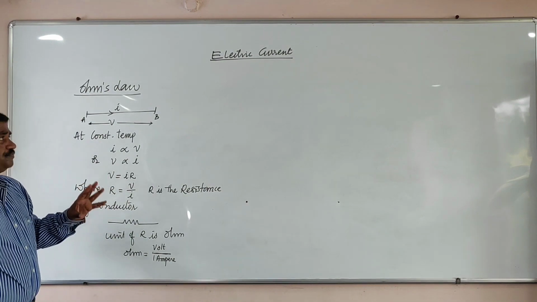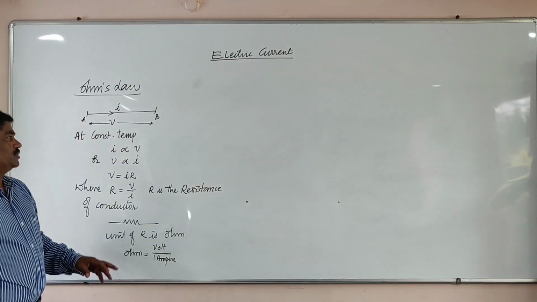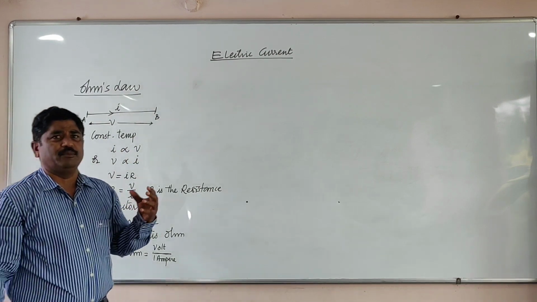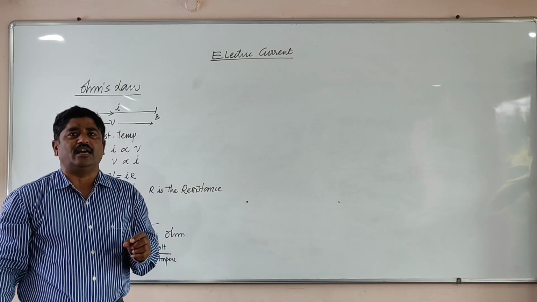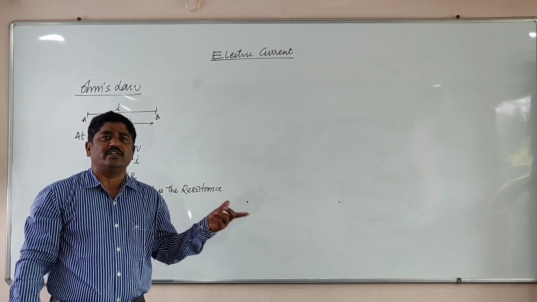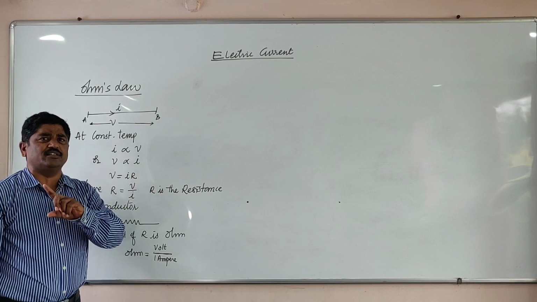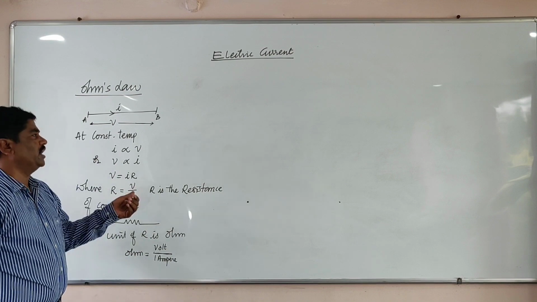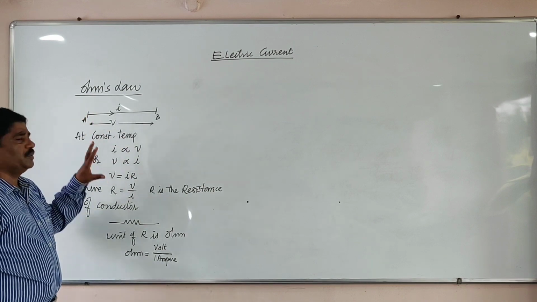Now here we can discuss the limitations of Ohm's law. Ohm's law holds at constant temperature only. Sometimes a question may be asked: at 25 degrees Celsius the wire has 100 ohms of resistance; if its temperature becomes 50 degrees Celsius, what is its resistance? Because when the temperature varies, the resistance may not be constant. Resistance is going to vary. At constant temperature only, Ohm's law is applicable to this system.